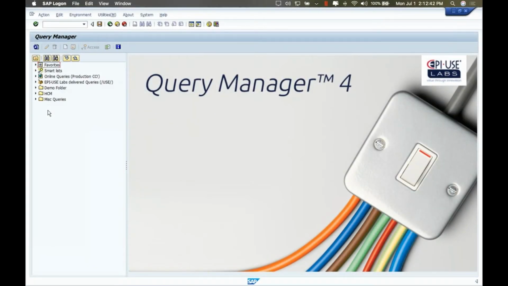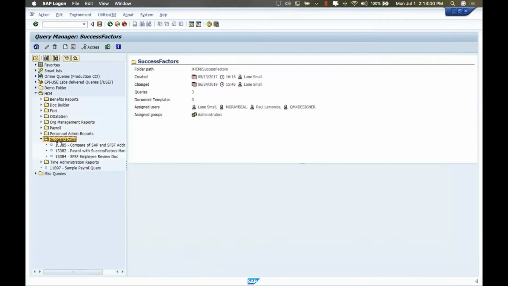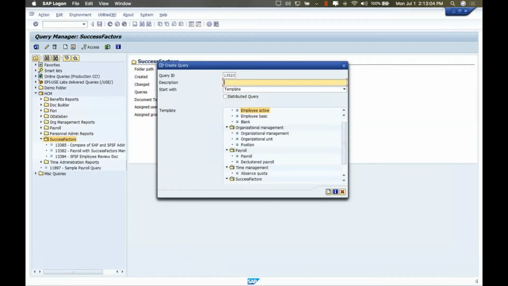Okay, today we're going to talk about Query Manager 4 and its capabilities to do integrated reporting with SAP SuccessFactors Employee Central. So what I'm going to do is I'm going to go ahead and create a new report. I'm going to choose the folder destination in which I want to add this folder. I'm going to go ahead and add it to our SuccessFactors folder here. We'll go ahead and create a new query. Name it SuccessFactors